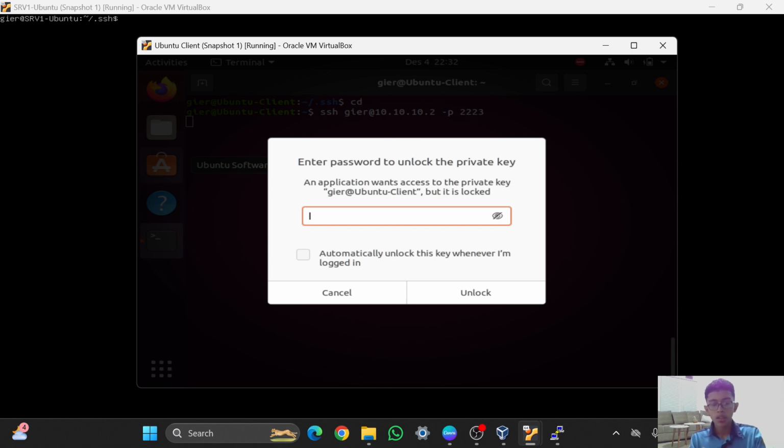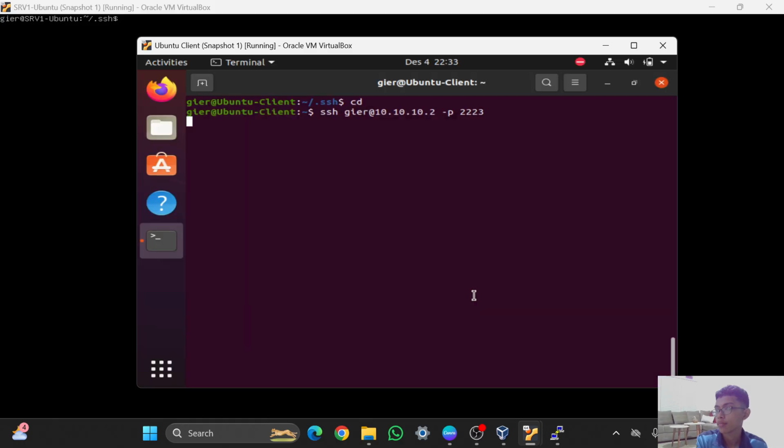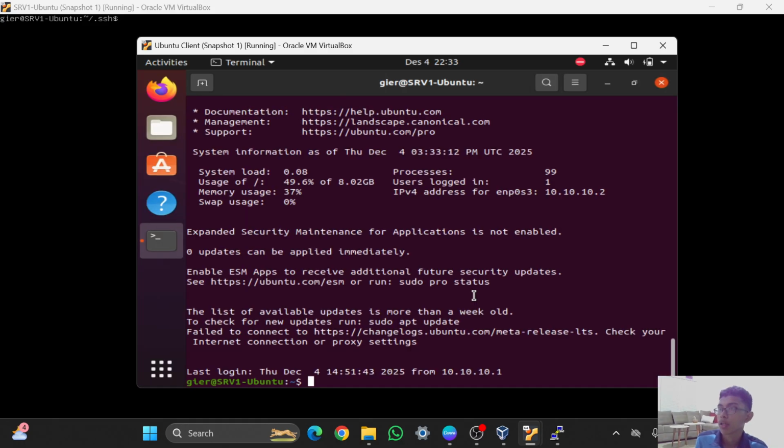This is the passphrase, and it is different from whatever you've set before. And then in here I will just click unlock, and as you can see right now, I've successfully remoted into the server 1 Ubuntu using the public key, and I don't need to fill in the password of this user.